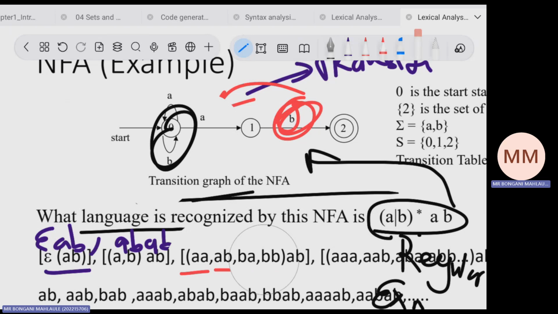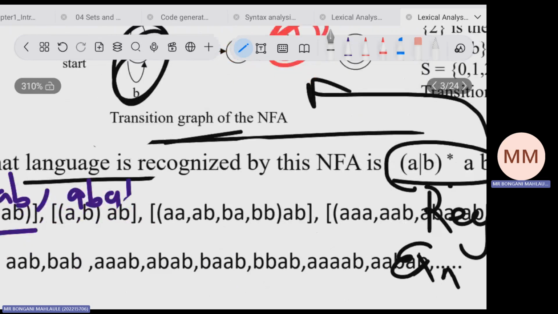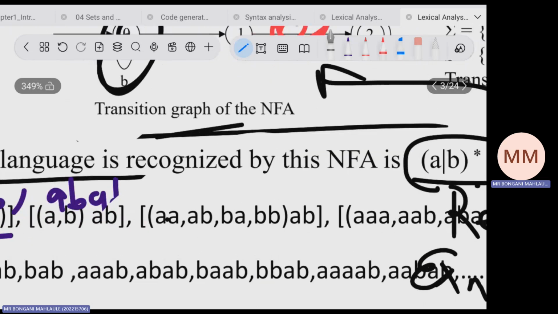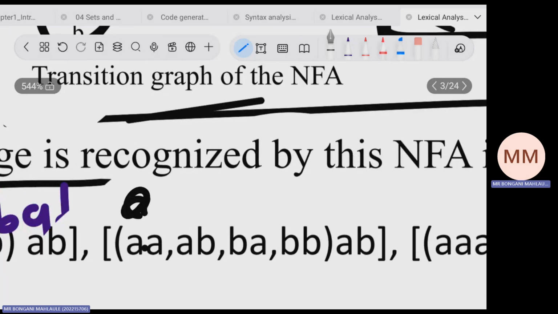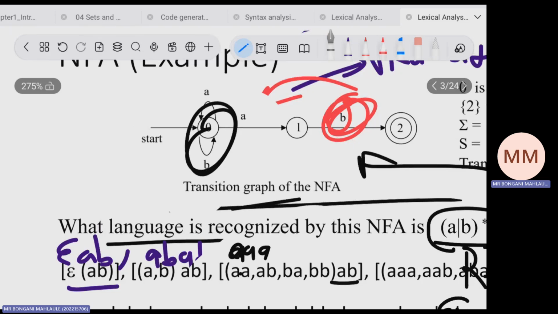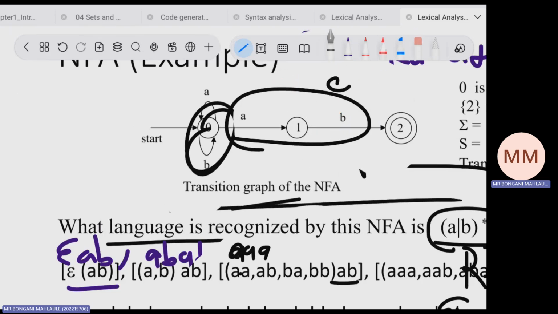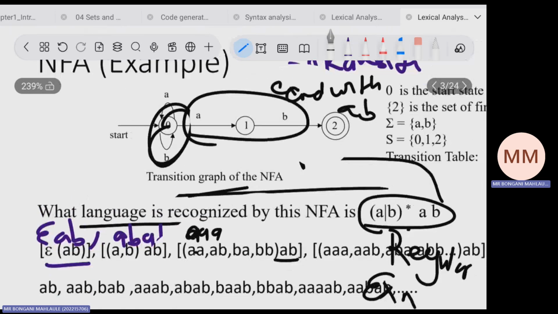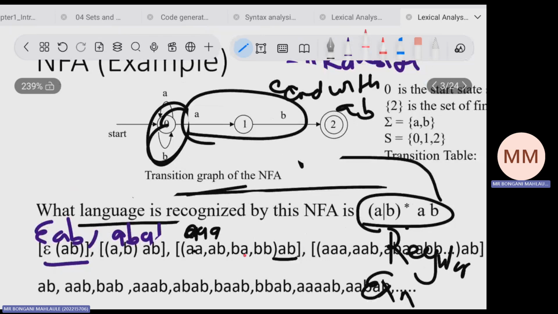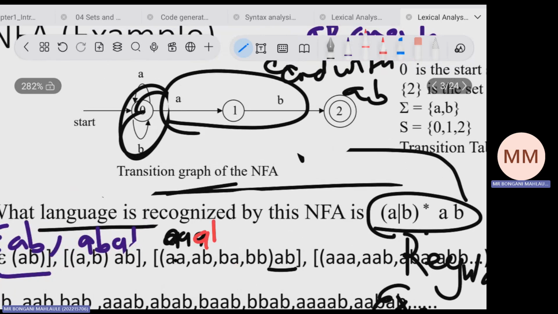Actually, this is the combination. I think here it's a matter of how they wrote it. This is the combination that they wanted to write. AA, our string will always end with AB. It will always end with AB. Our transition diagram, sorry, it is string. So now the combination will be AA, AB. So the red one will be my A, the one that it ends with AB,